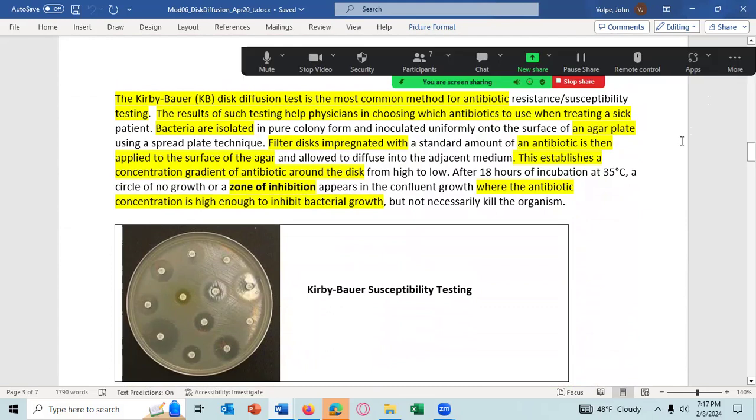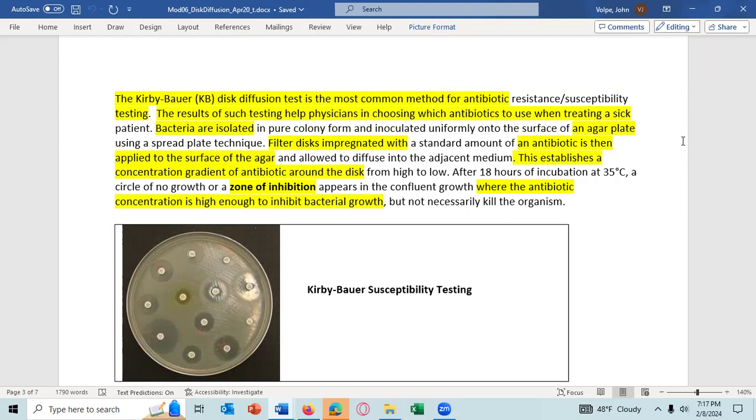This is particularly used if the first antibiotic the patient was given by the clinician did not work because the bacteria was resistant to the antibiotic. And so the clinician may